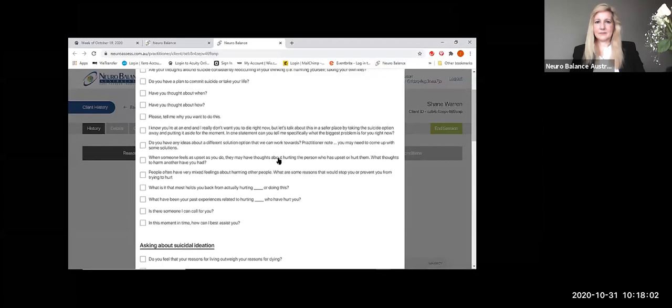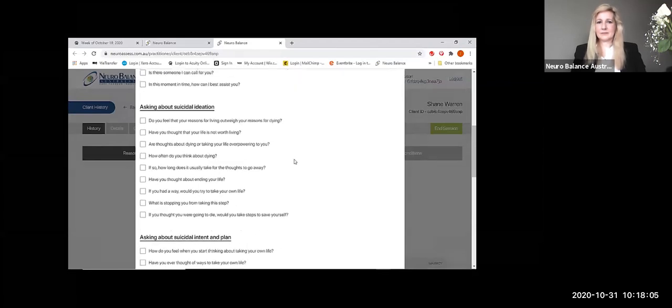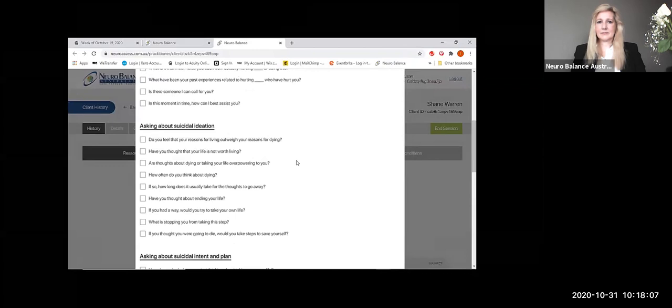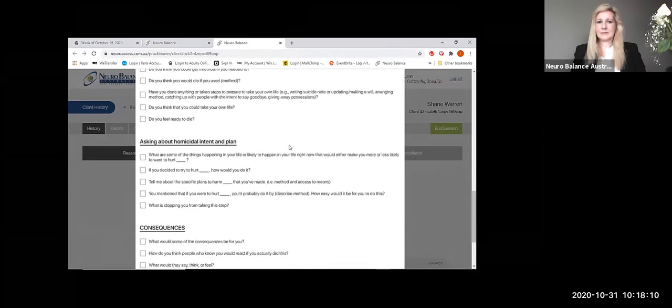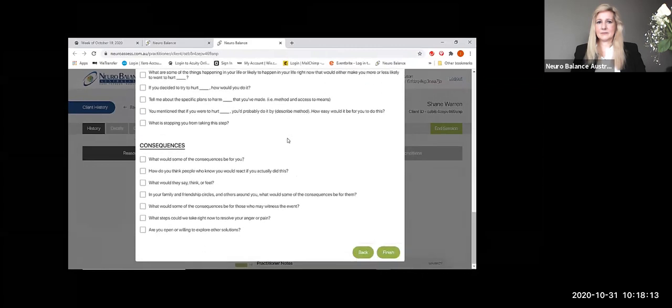So the good thing about this tool is it gives you a warning, a very clear warning. You can see here it takes you through ideation, intent, and plan, and also homicidal intention plan. I love that the last few questions are around consequences. So as you're building this picture, you're able to then draw out of the patient and get them to start, you know, rather than internalising everything, having a look at their extended family, so that ripple effect, and having a look at how that's going to impact on other people around them. So taking it away from themselves and out of their immediate concerns.